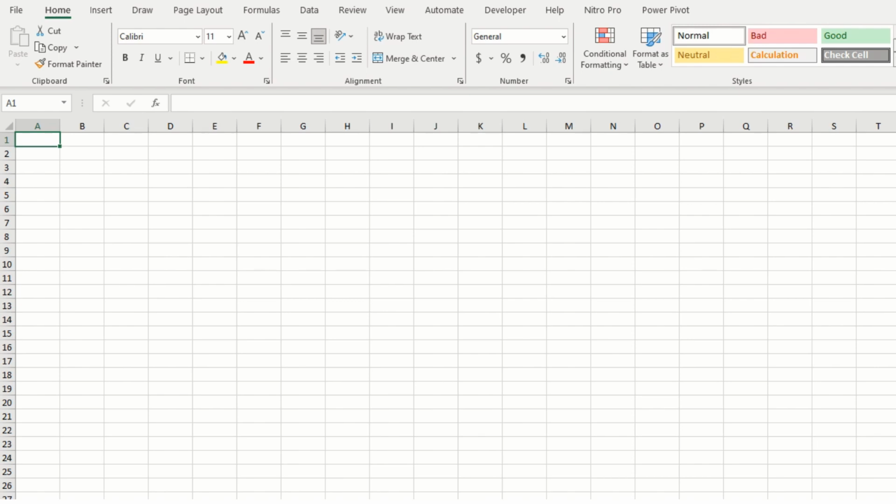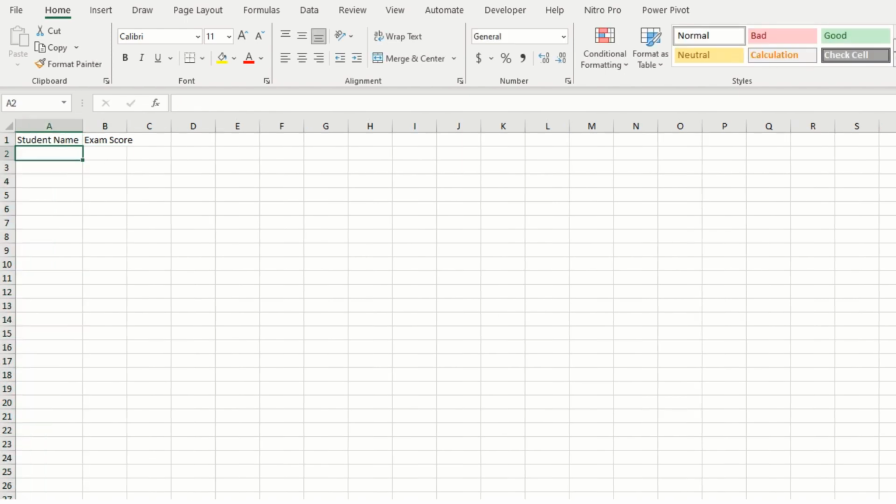My first column would be student name, second column name would be exam score, and let us say student names to be student 1, student 2,